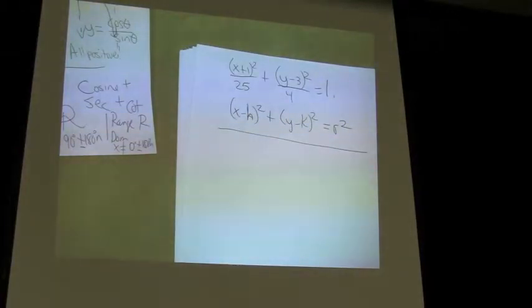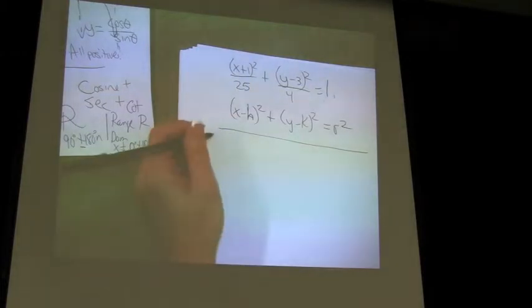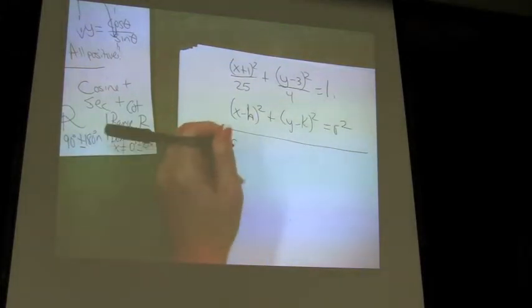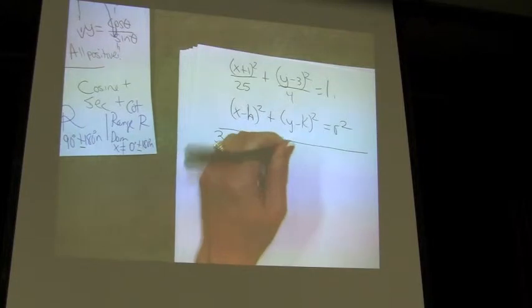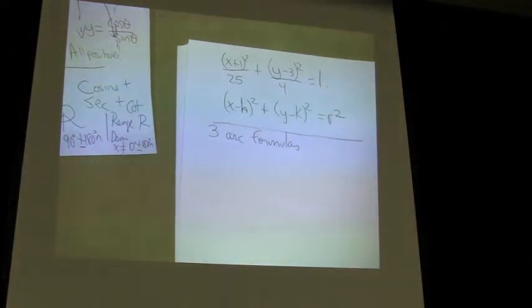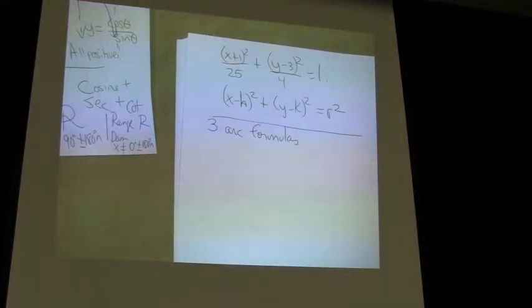Also in this chapter is when you basically learned that you had 3 arc formulas. And some of you have started to notice that sometimes they're useful to use and other times it's quicker to use the unit circle, right? And so you have more than one way to get to the answer in a problem. Sometimes it's faster to use an arc formula, sometimes it's faster just to think about your unit circle, but